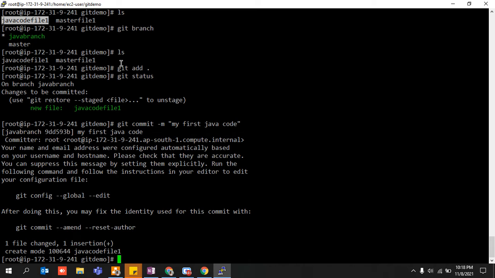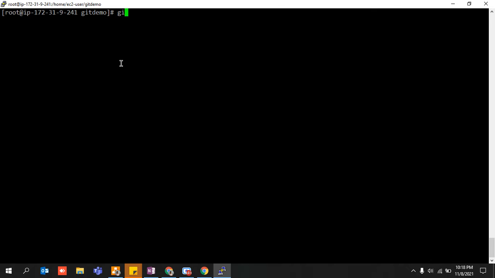Control L. On which branch am I? Again, just check your branch. I should be on the Java branch itself. So correctly I'm on the Java branch, and now Java code file 1 is my property. Why? Because I have committed it. I told you guys earlier in one of my examples, where Catherine was with Jason or something like that.